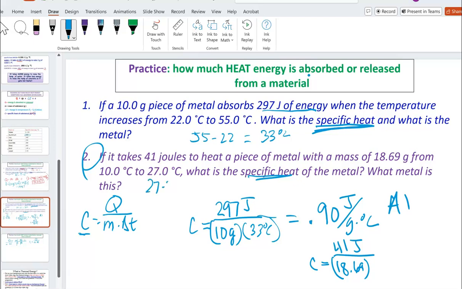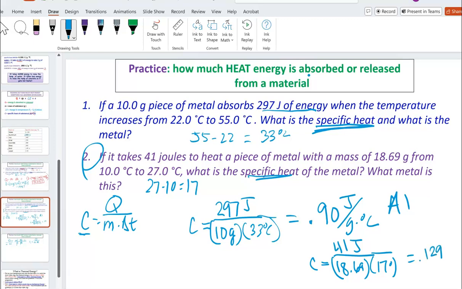So 27 minus 10 is 17 degrees. So 41 divided by, parentheses, 18.69 times 17, close parentheses, is equal to